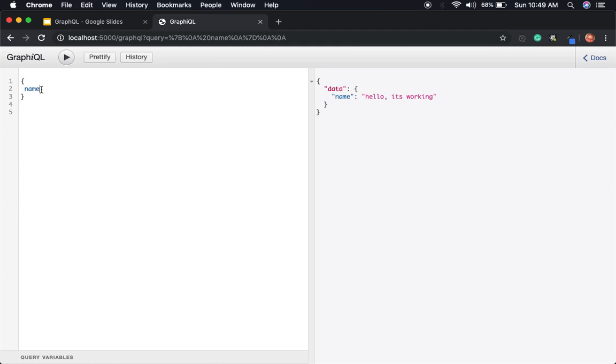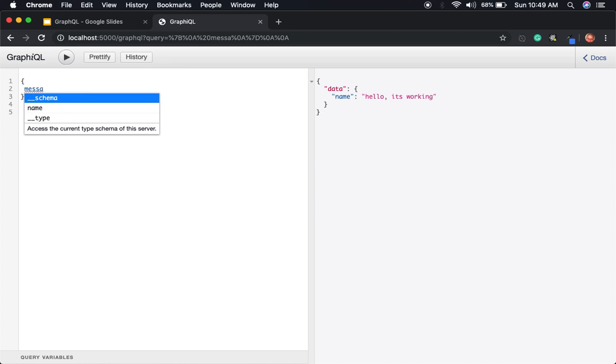Now if I try to do name and then turn around and grab something out of name, I'm not grabbing anything, because name is just a string. It's not an object that you can grab data from. So if I was to go message, okay, see, it's not showing up because it thinks that I'm trying to grab info from the name. So when you go back and do message,